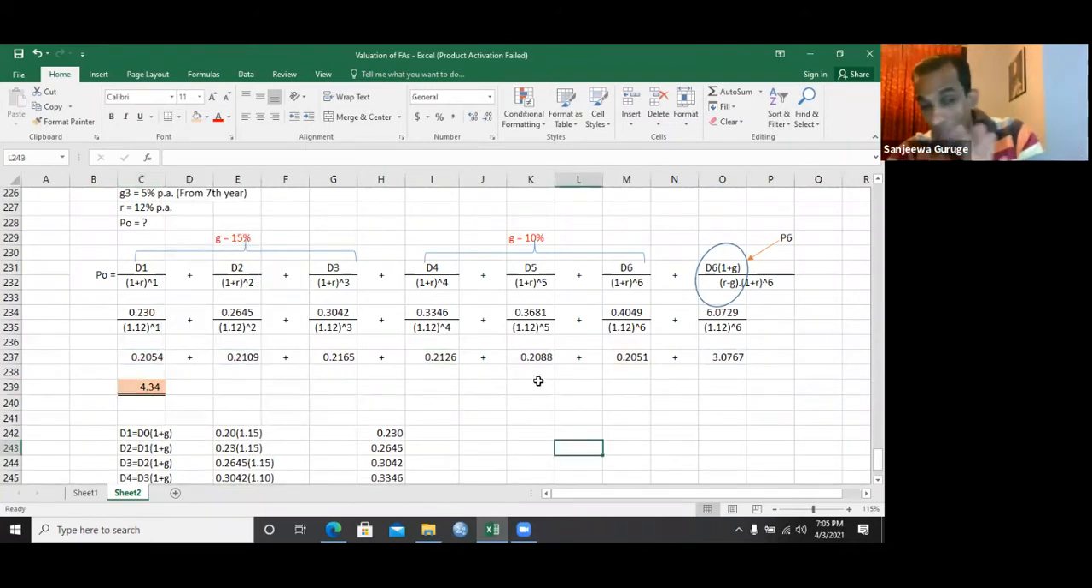right? So we are willing to pay, right? The price we are willing to pay to buy this product is $4.34. That is the price, right? So based on this estimate, the price consumer willing to pay, investor willing to pay for this product is $4.34,